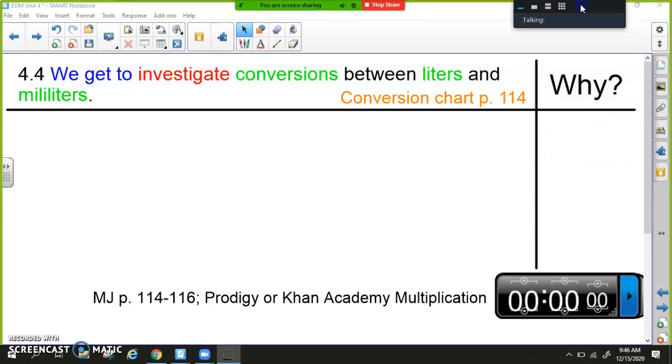So on page 114, we're going to be investigating conversions between liters and milliliters. If you look on page 114, it's one of those conversion charts. Just to point out what liters and milliliters are,